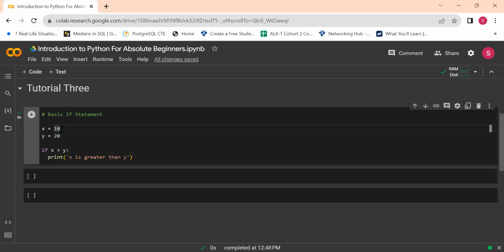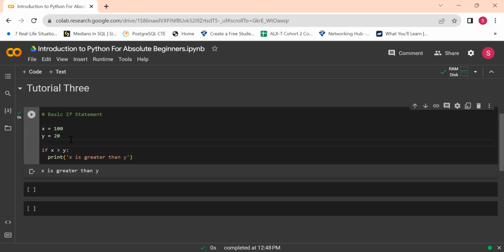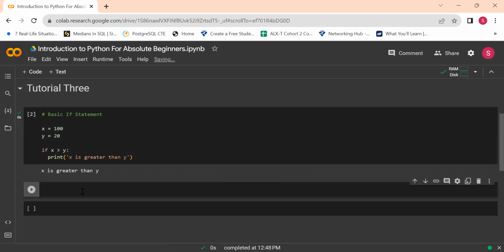But if we made x 100, what would happen? X is greater than y. So that's basically what an if statement does. For lack of better words, it's just English, you know. So if you have a bunch of countries in your list and you only want to pick out Kenya, you'll be like, if country is equal to Kenya, and equal has to be double. Okay, yeah. So let's do that too. So this is example